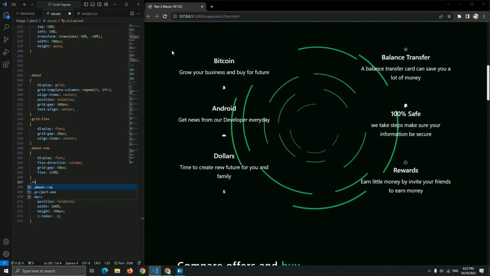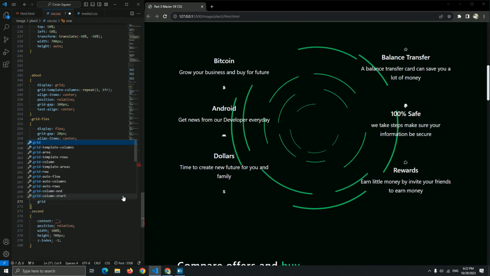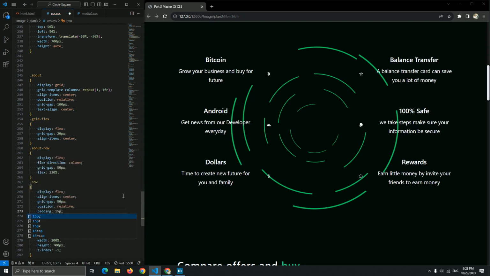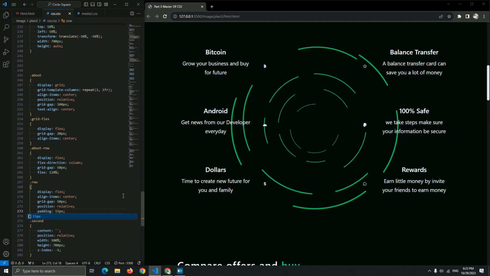So for this row of this box row, let me style it. Let me add a display flex again, align items center, a grid gap for the space of 50 pixels, and the position relative, and a little padding of 15 pixels.